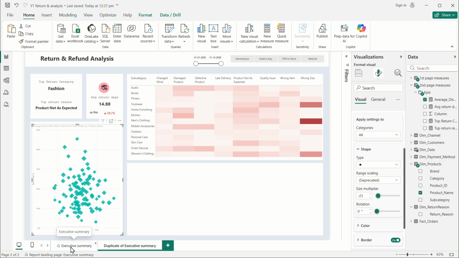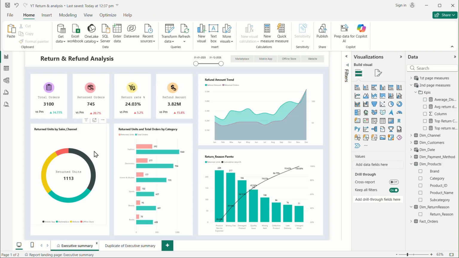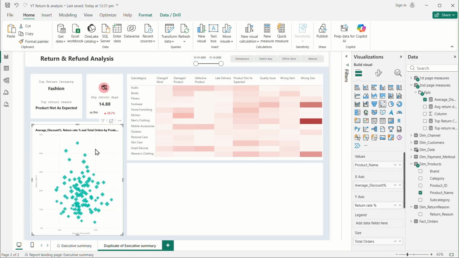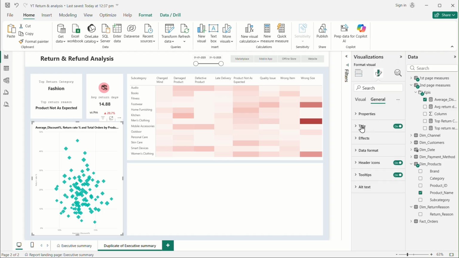For that formatting, just click on this star control. Select format painter. And format it. So now it has been formatted, and you can see now whenever you hover your mouse, you can see the product name, average discount, and return rate here. So we will add average lines as well here. For that, first we'll rename it. So rename its title to